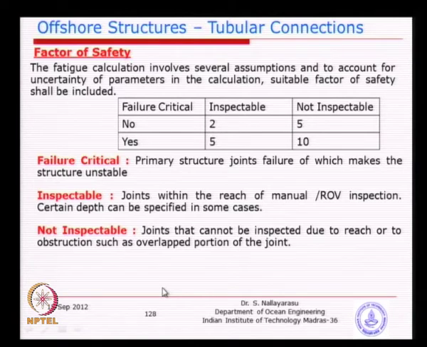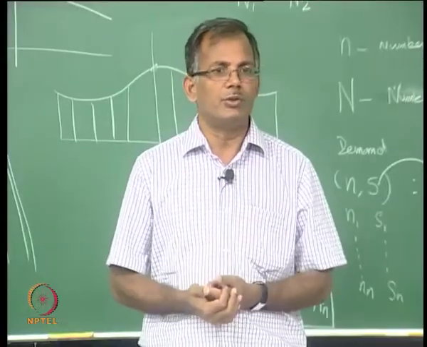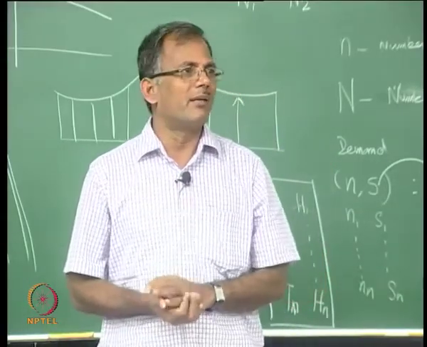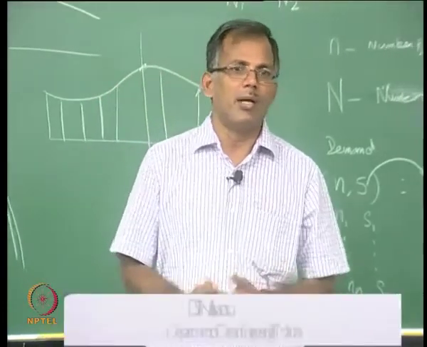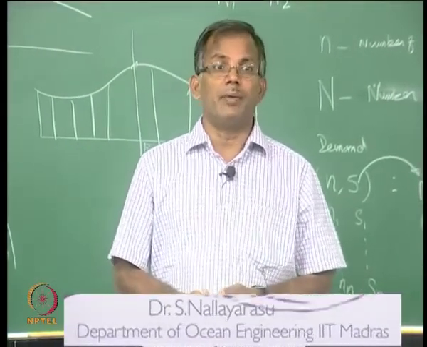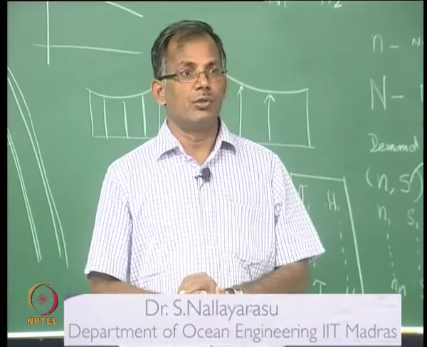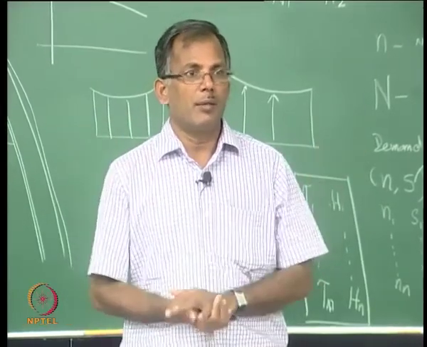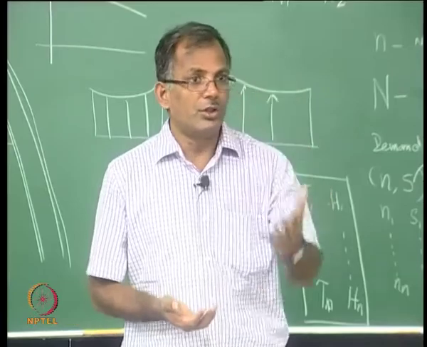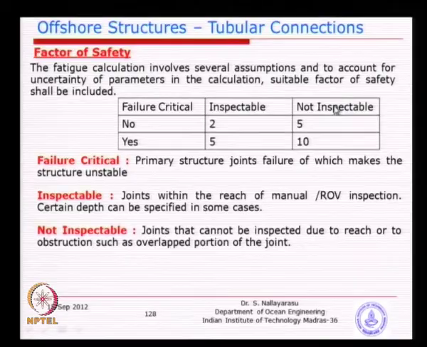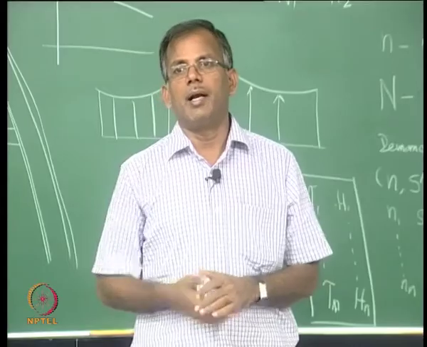That is one of the reasons, but the other reason you can see here is inspectable or not possible to inspect. If you have a jacket in 100 meter water depth, people can dive. If you have gone scuba diving without any assisting equipment, you can probably dive 10, 15, 20 meters, but after that you may not be able to go down. With special equipment you can reach as much as 50 meters, but beyond that you may actually need a compression chamber. So, when you have such requirements, inspection becomes too expensive, maybe sometimes not feasible. That is why we call it possible to inspect or not possible to inspect.